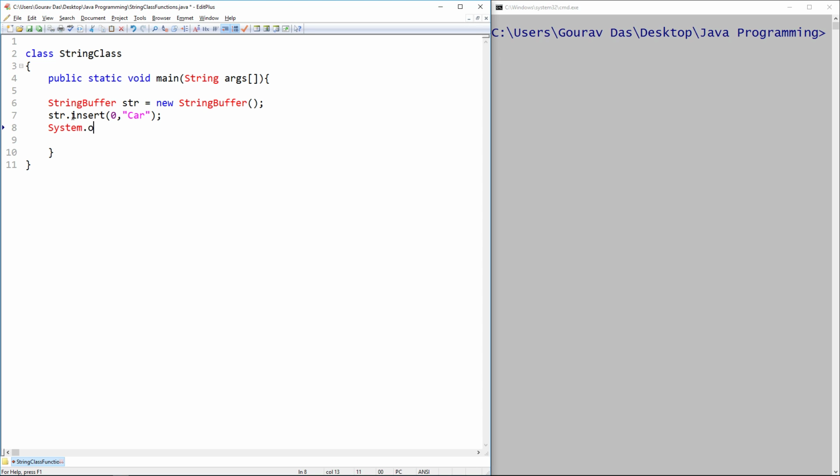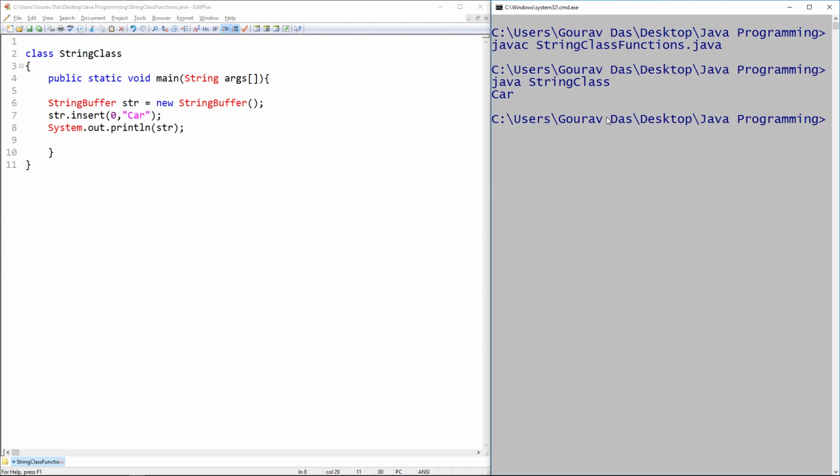So if I print out the str object, it should produce the car text. Okay, now what if I change it to 2 or 5? Then it must store the car text at the index position 5 of the str object. Well, it should do that, but before we do this, we have to set the length of the string,